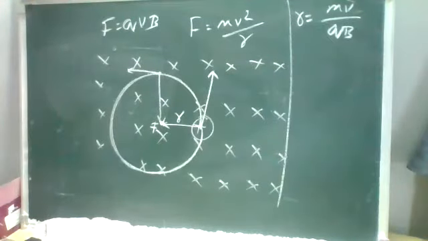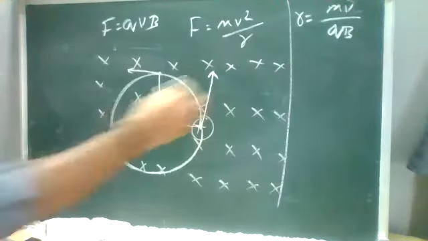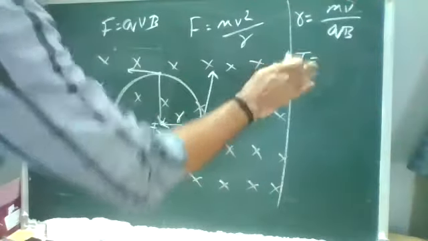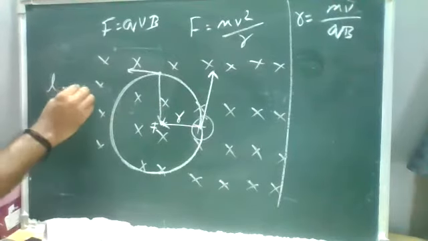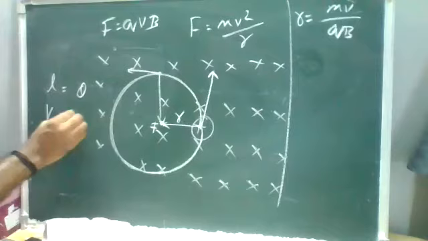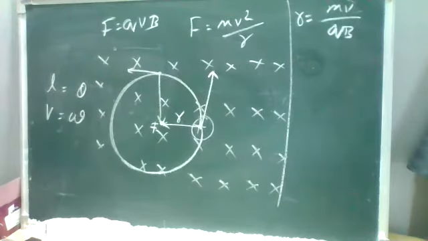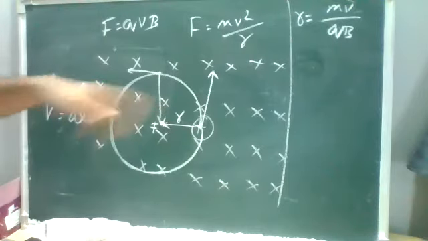Okay, and the next one is the time period. The time period is the time taken for one complete revolution. We have seen the difference between linear and angular quantities, if you remember: linear velocity is v, angular velocity is omega. So based on the angular relation, we are going to discuss the speed.